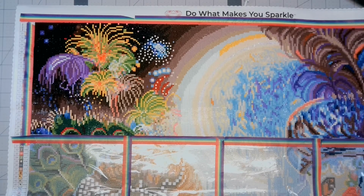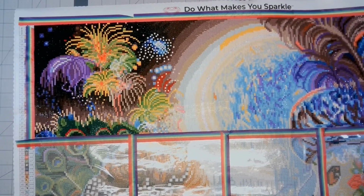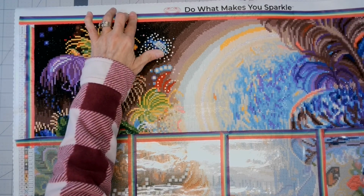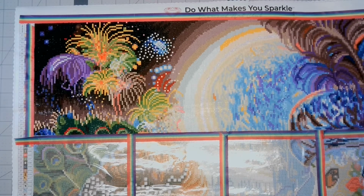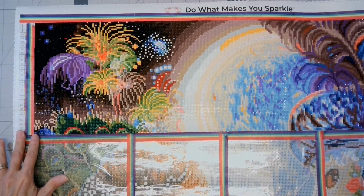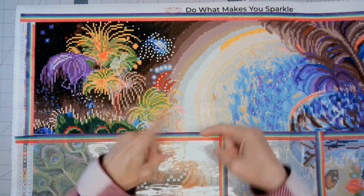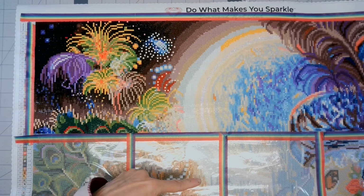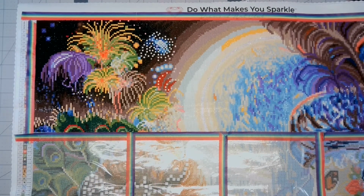Today's WIP and chat is called Masque of Love. It is a Josephine Wall diamond painting that I got from Diamond Art Club. I don't have my book in front of me, however, all of the information about this diamond painting will be listed down below. Click the Show More button right under my name on the left-hand side of the page, and it will give you all the information about this fabulous and oh so beautiful